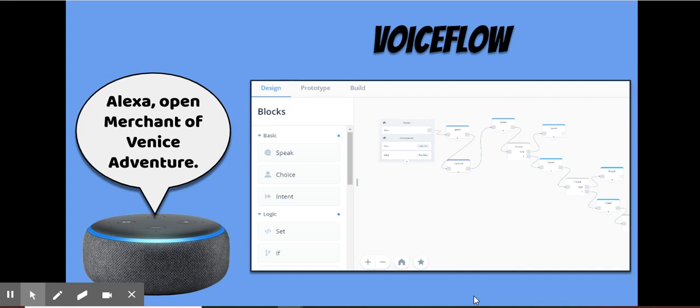So last but not least, we're going to take a look at another creation tool called Voiceflow. Now for this one, we had high school students doing a choose your own adventure type of Shakespeare project. And this was from one of our language arts teachers, Miss Amanda Fox. She did an awesome job with these students, and the students did an awesome job as well. So let's hear one of their created contents.